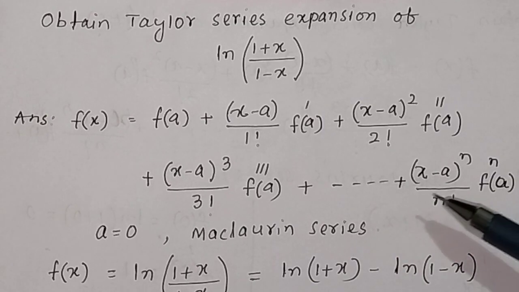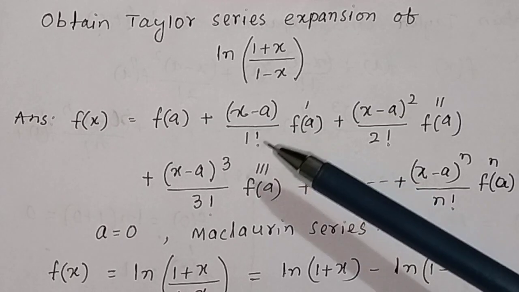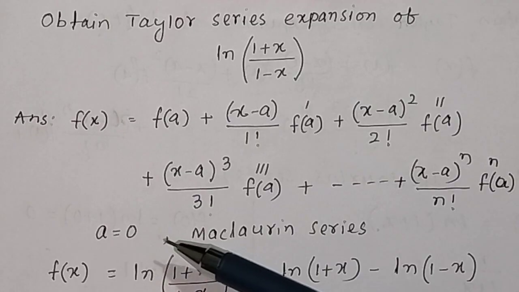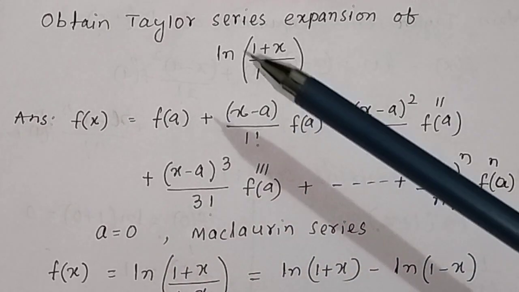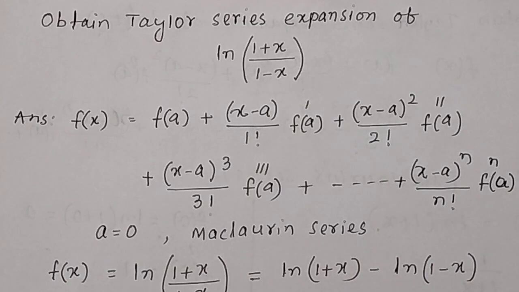the nth derivative, and here we will take the function at a equal to 0, or at x equal to 0, and the Taylor series here is called Maclaurin series,